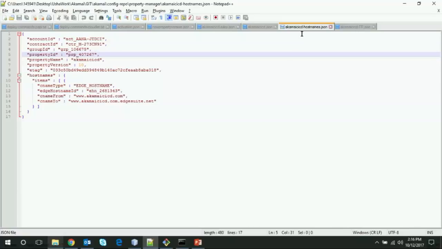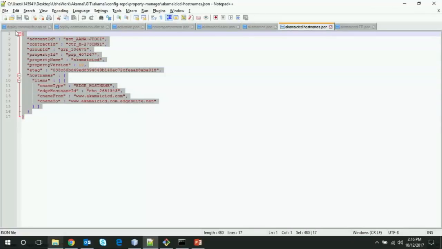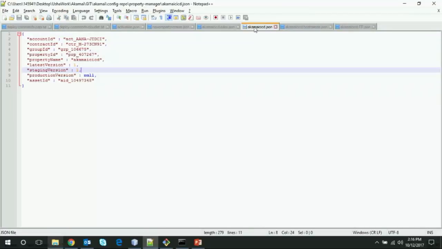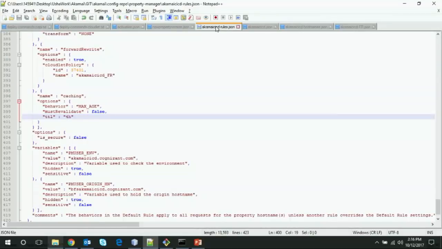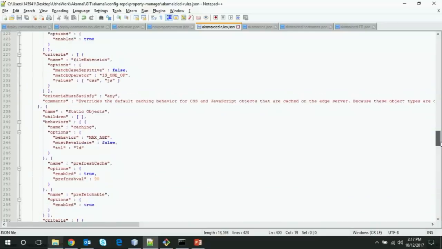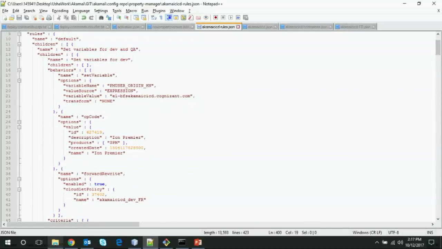So dev, prod, and QA will have 3 different host name JSON files stored in the Git repo. And they'll have their own version and property ID details, but the rules file is common for all 3 dev, QA, and prod environments. So as part of this demo, what I'll do is I'll do a very small change,